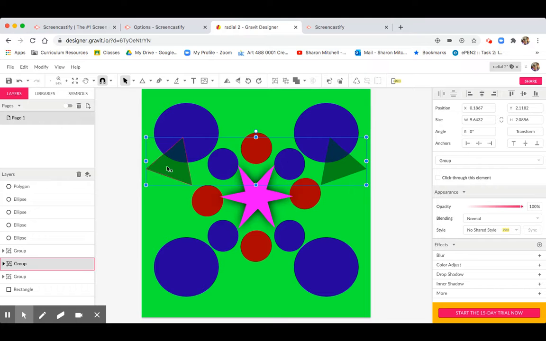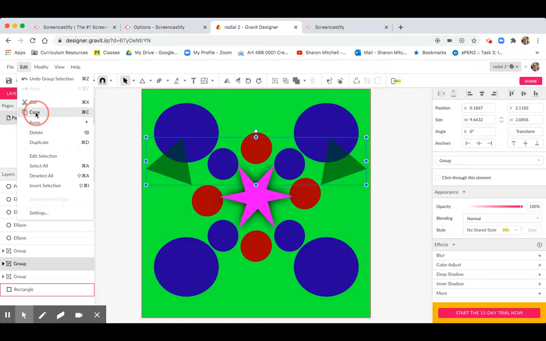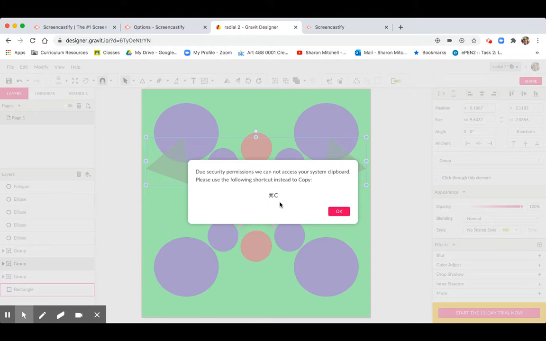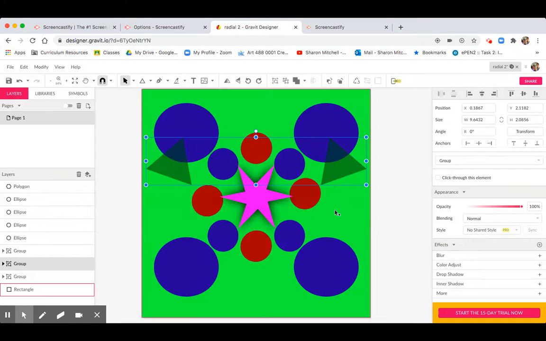And now I want to duplicate those. So I'm going to hold that Alt key. See, I found out if I go to edit, copy, it won't let me. So I guess in order to do that, you have to pay for it, but we can do it by the shortcut. So hold that Alt key, click on your shapes,